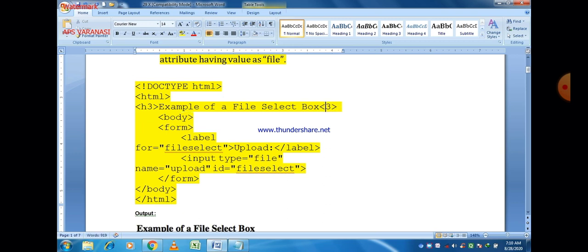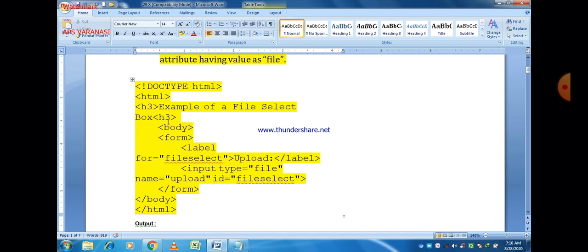There is an H3 heading after that. So H3 is basically for the file select box, and it contains a statement which gives you an idea about the file select box. So the heading is Example of file select box.